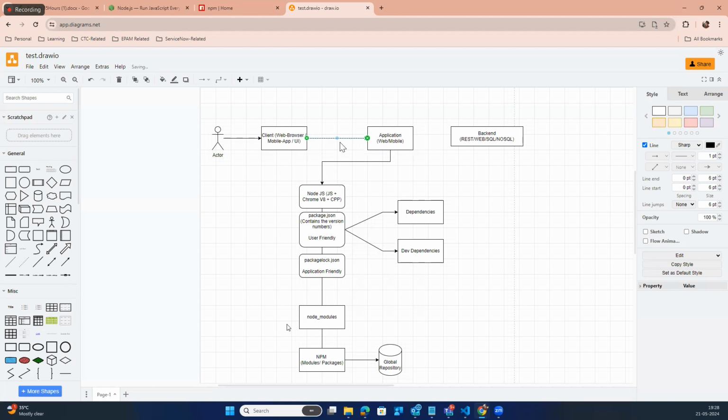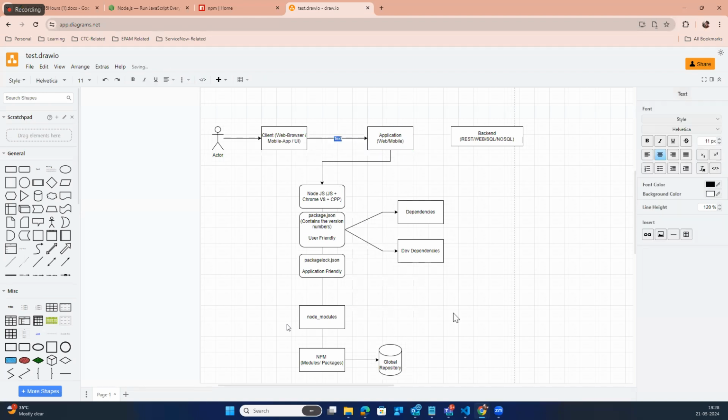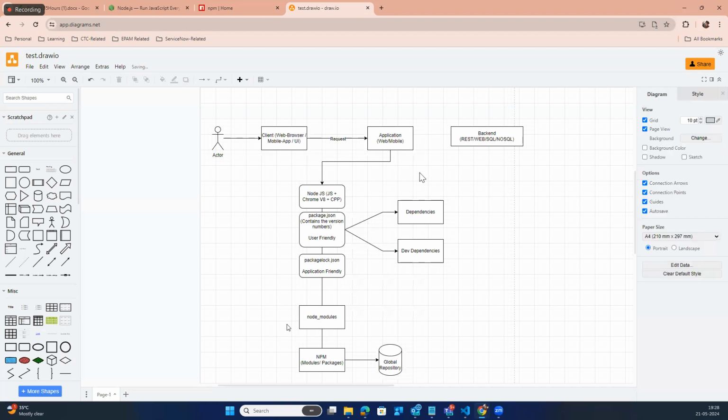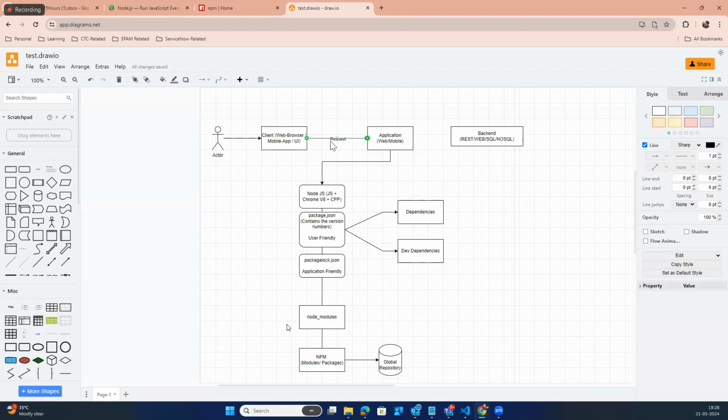Okay, that particular request will go to here. So this is what is called a request. This request will go to here. So when the request goes to the web application, okay, I'm sorry, just let me make it above. So when the request goes to here, then immediately